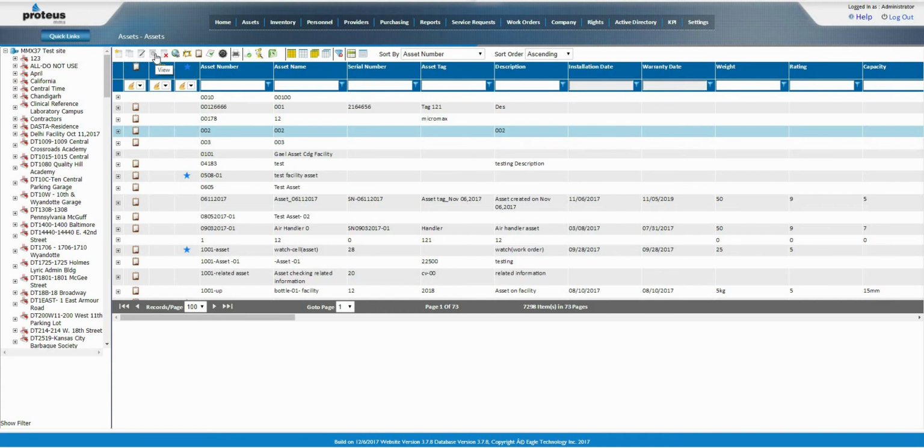is selected, Delete the selected record, Change the status of the selected asset, Create a work order on the selected record,